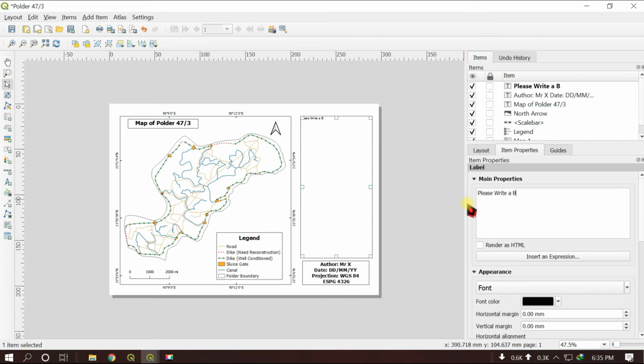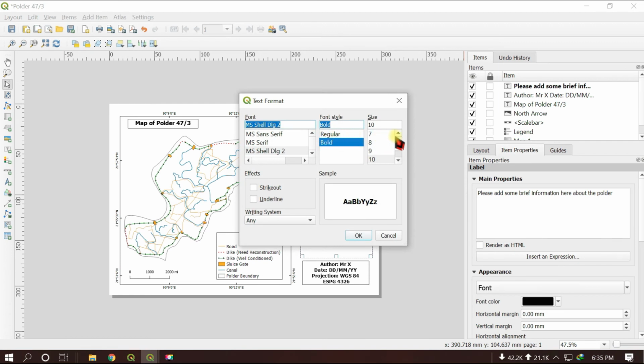Most of the information has already been provided to you in the attribute table of the shapefile. You can collect some information from there. You can also use Google or the internet to collect some additional information about this polder and then include those in this right portion. Make sure some important things are included here. For example,